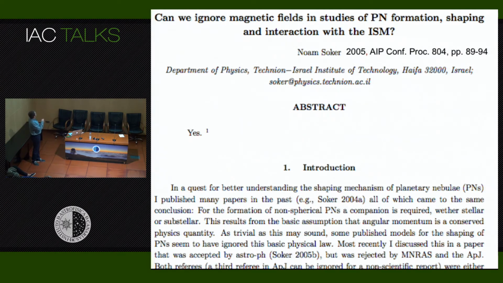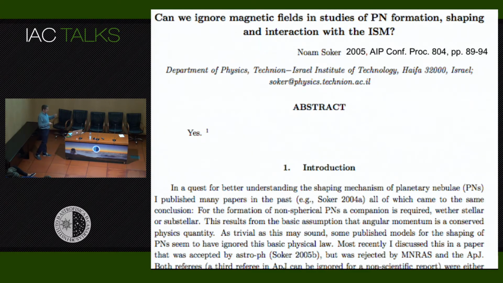But the title is, Can we ignore magnetic field in studies of planetary formation, shaping interaction? Abstract, yes. Okay, and I think this says it all. There has been some more, of course. I mean, the paper is, of course, going into much more details and explains it. And there are some